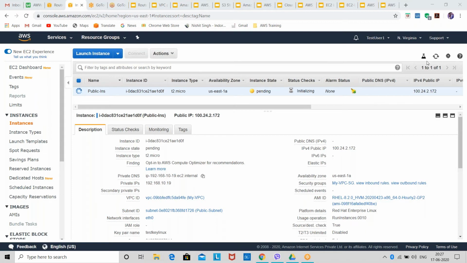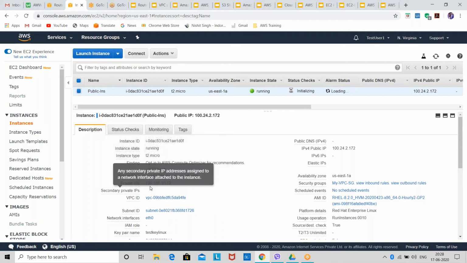Till it gets into the running state, I'll show you at the bottom here: we have got a public IP from the IP range which we have mentioned, because this instance is in the public subnet, and we have mentioned 192.168.10.0. So we have got an IP address of that range, and this is the private DNS.